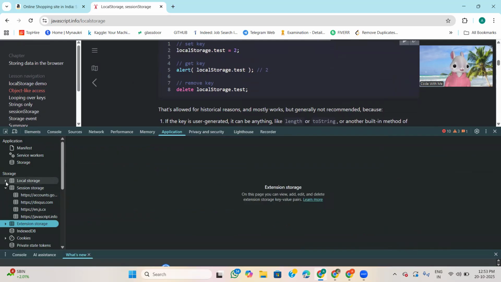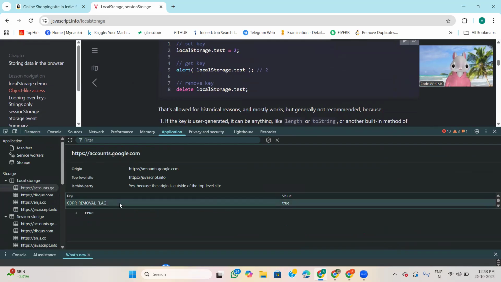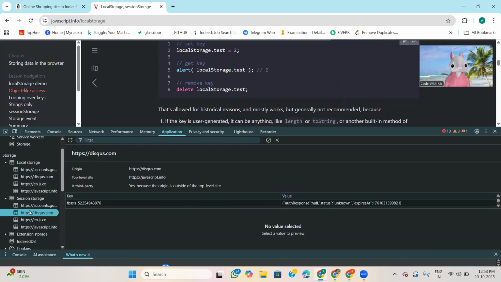And in local storage, even if we close that application, if we click on this one and delete this, only then will this local storage data be deleted. Otherwise, this data will still be there till we remove it. And in session storage, as I close this window, all these things will be removed.